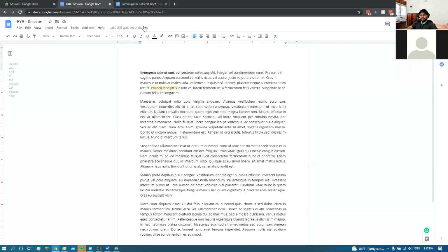Then the other thing is collaborative editing. You can edit documents with friends, colleagues, or group members. You just have to share this document, or you can directly share from Google Drive as well. What you have to do is, I'll share it with my other email. So if I go to my other email,